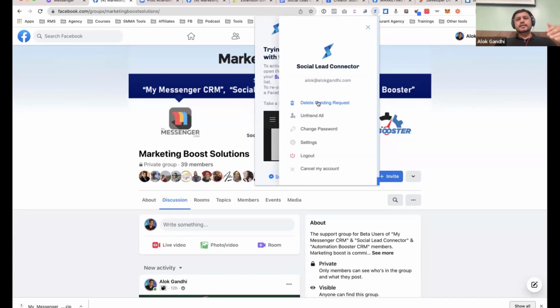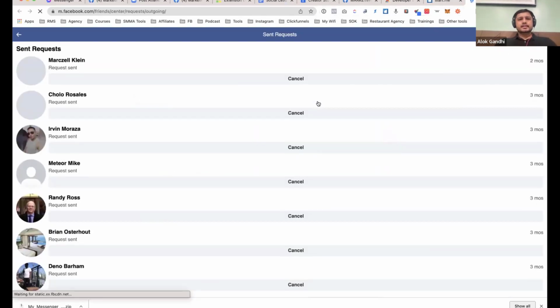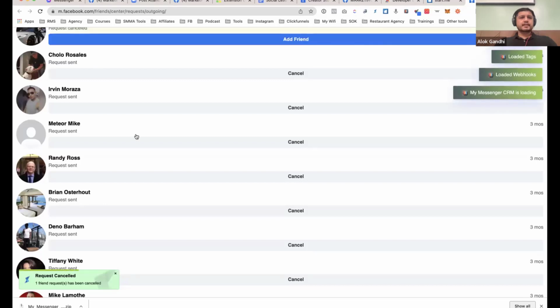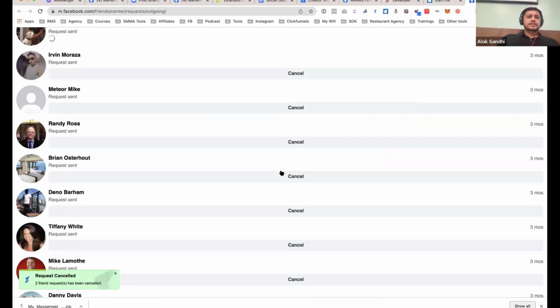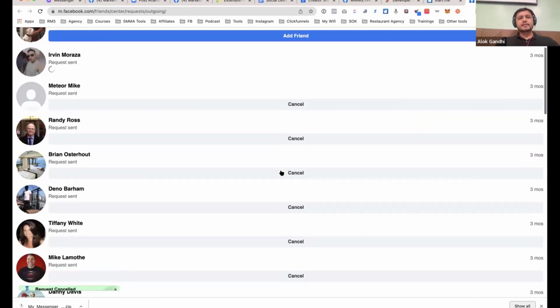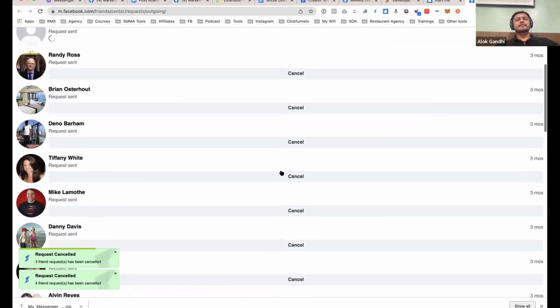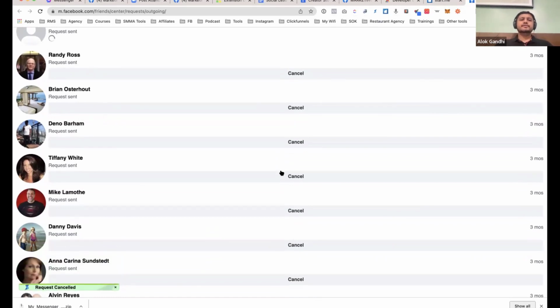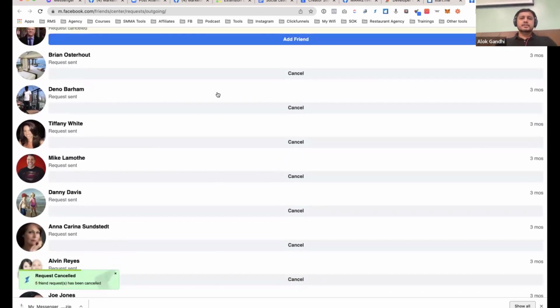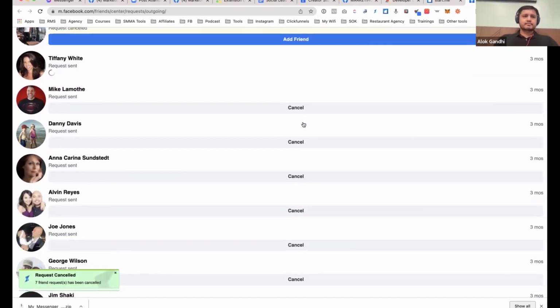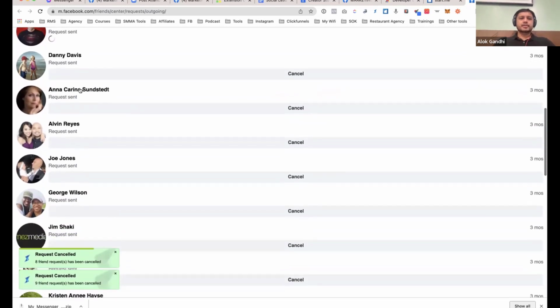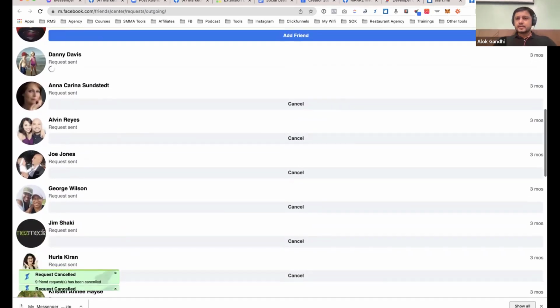So I'm going to click on delete pending request. What it does is open a new tab with all the pending requests you have and start deleting all of those. The reason is that you don't want to keep adding people and increasing the number of people who have not accepted your request, because that triggers Facebook into thinking you're adding people you don't know and trying to spam. So you don't want to add too many people, but you also want to delete regularly. I would say at least twice a week. Just don't let the pending requests go above 100.